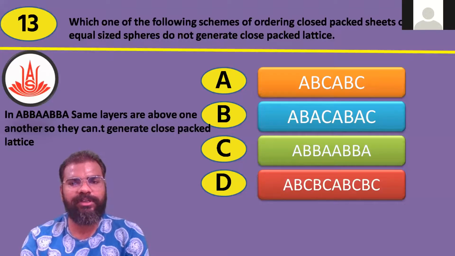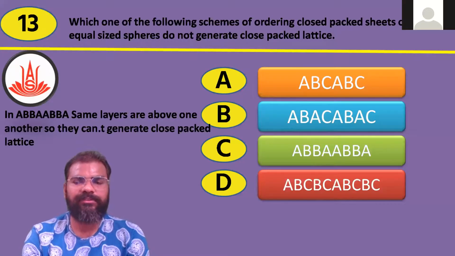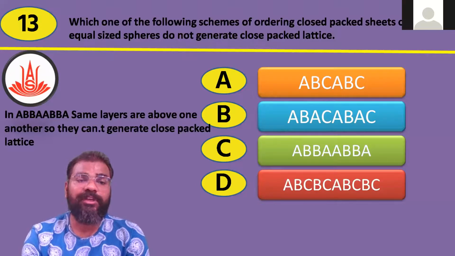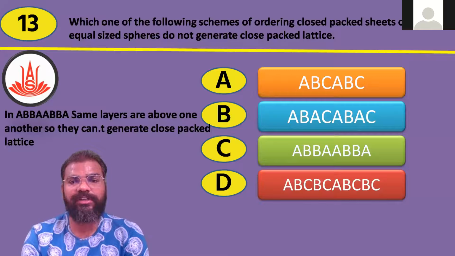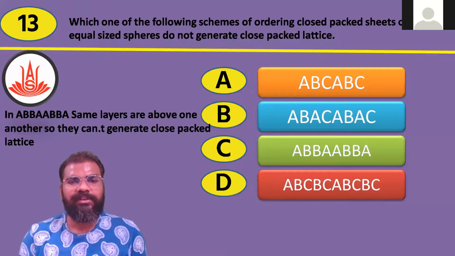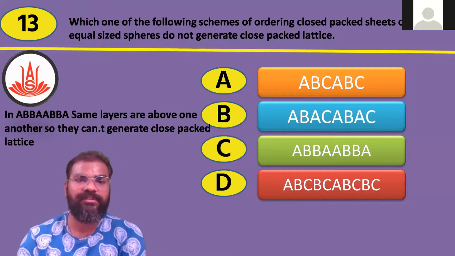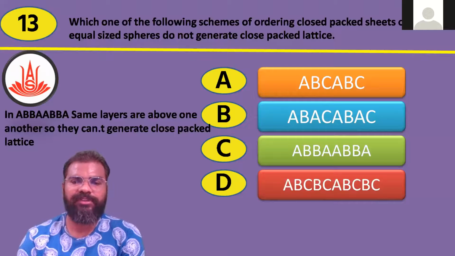Then question number 13, quite an easy question. Which one of the following schemes of ordering closest packed sheets of equal size spheres does not generate a close packed lattice? They are asking which does not generate. The word "not" is in between. So ABC, or